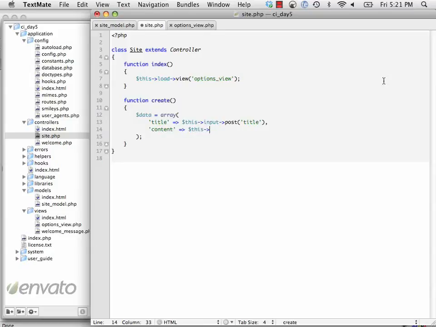This input post content. All right, so there's our data array. These two, just to clarify, this one's going to hold whatever is typed into that title text box, and this will return whatever is in the content text box. So now we just need to do